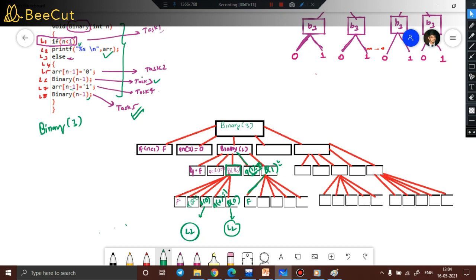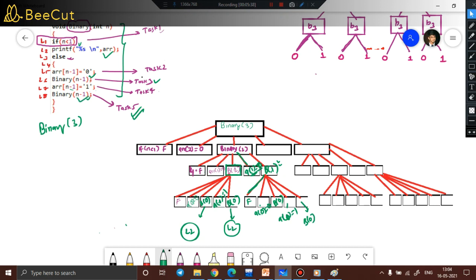Line 2 will initialize array of 0 as 0, because n minus 1 equals 0. N is 1, so 1 minus 1 is 0. Again we will be having a call here of binary 0. Again at this point we set array of 0 as 1, and at this particular node we are doing a recursive call on n minus 1, b0. Got the point?